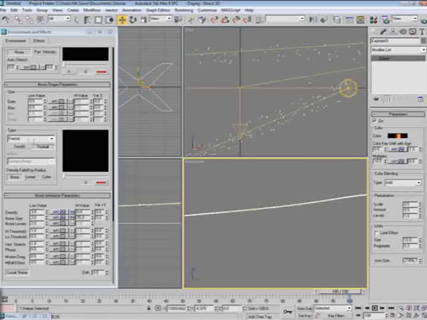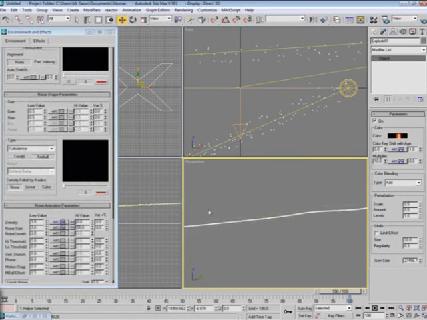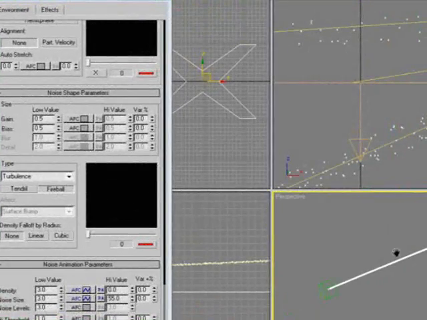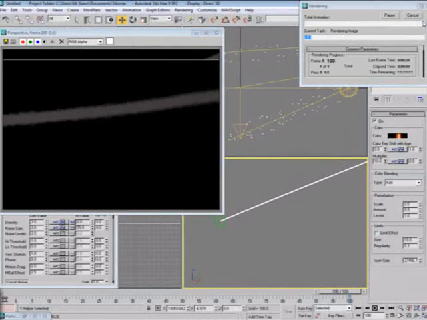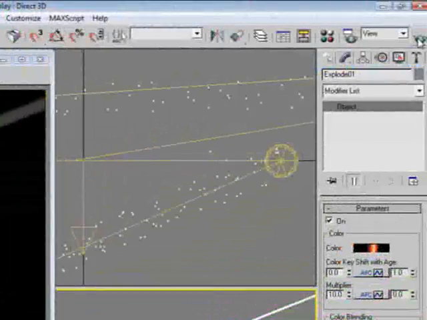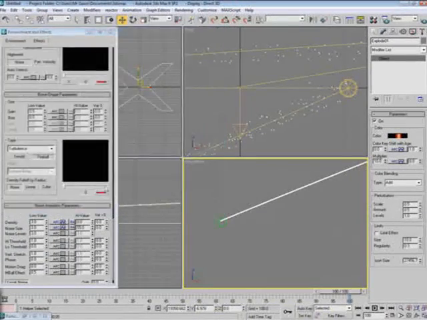Lumpier it is. And again, I'm going to change this back to turbulence just to get a comparison render. Render it out. And now again,